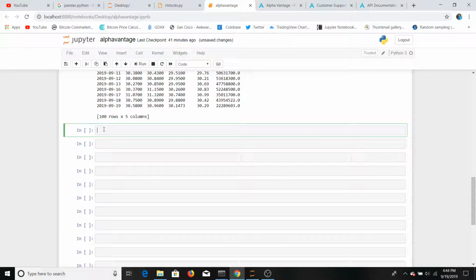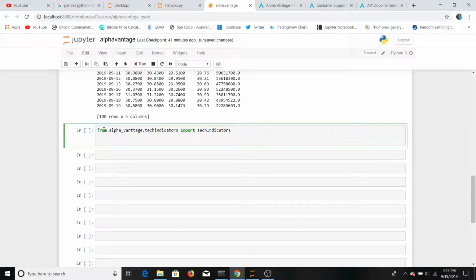So the next function that I'm going to show you is going to be using the technical indicators, and what we're going to do is add in from alphavantage.techindicators import TechIndicators. Okay,